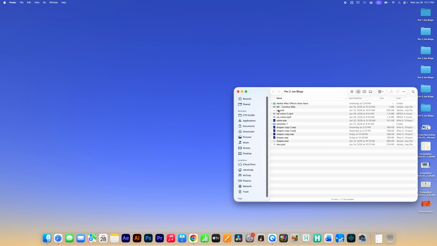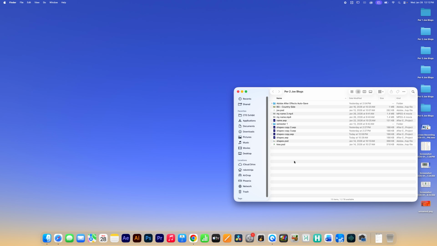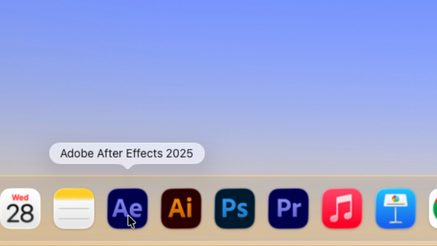Okay, so now you have a file here with the shapes, and these are on separate layers. There's also transparency around them, which is important because After Effects works better with transparency. So if you want to animate something like that, you go to After Effects. It's the AE icon, so you just click on that,